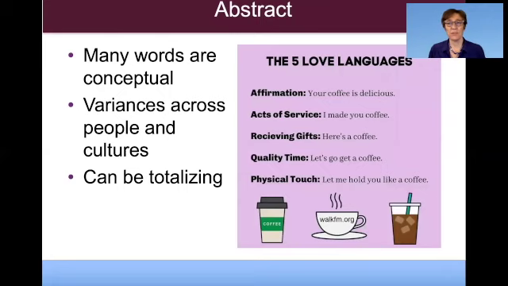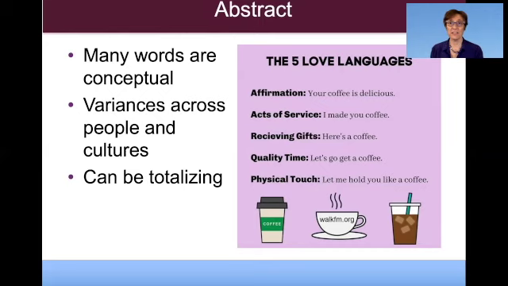So here's an example, okay? The word love. Love is a word that's universal. Every culture uses it, but people mean different things by the word love. And here's an example from a psychologist in the US who's written about this. He's written actually a very famous book that I recommend called The 5 Languages of Love. Okay, so there's 5 ways that he found that people express love.